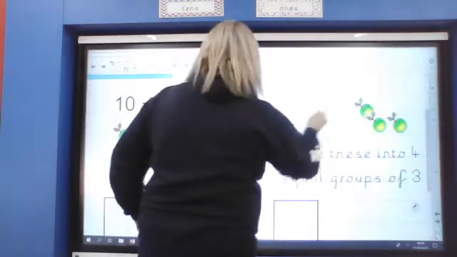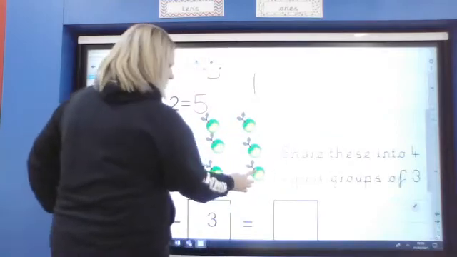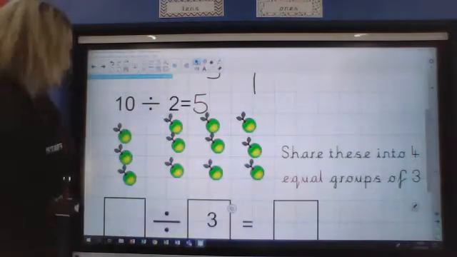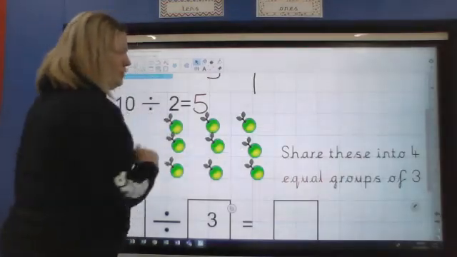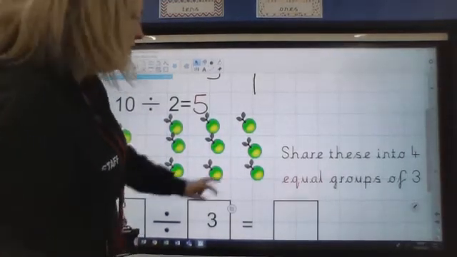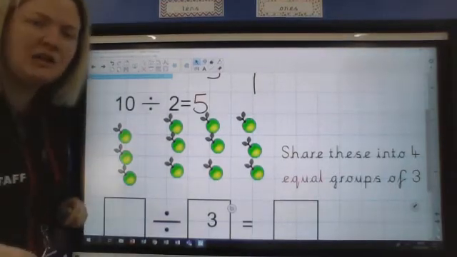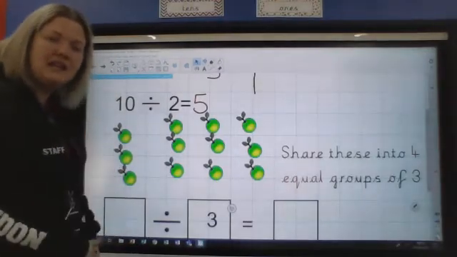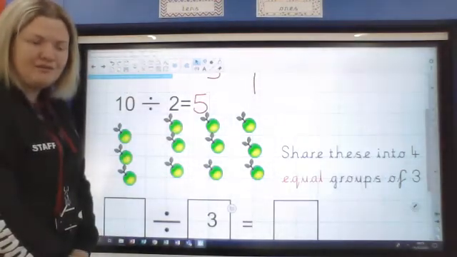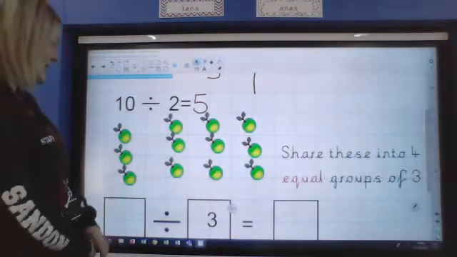Another group of 3. And another group of 3. So we've got one group there, one group there, one group there, and one group there. So we've shared 4 equal groups of 3. We know they're equal because there are 3 in each group. 3 in each group. So we know if we were to answer this,